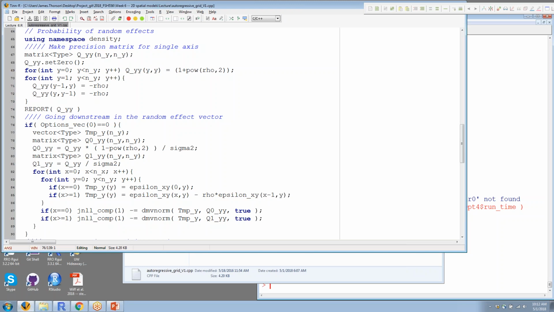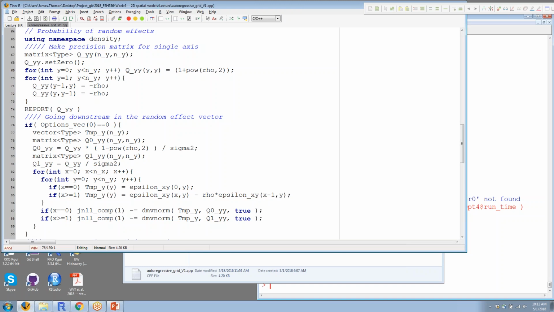And then defining the, yeah, I'm sorry. How are we doing this? I remember this. Okay, so this one's the simplest way. So here we define the precision matrix. Q0YY is the precision matrix for the first row, given the marginal distribution, kind of like the starting condition for last week, where we had to define a probability for the first location, the most upstream point, and then we define all the downstream points given the one that's one upstream from it. So Q0YY is the matrix now for that first row, and Q1YY is the precision matrix for a row, given that you have a row upstream